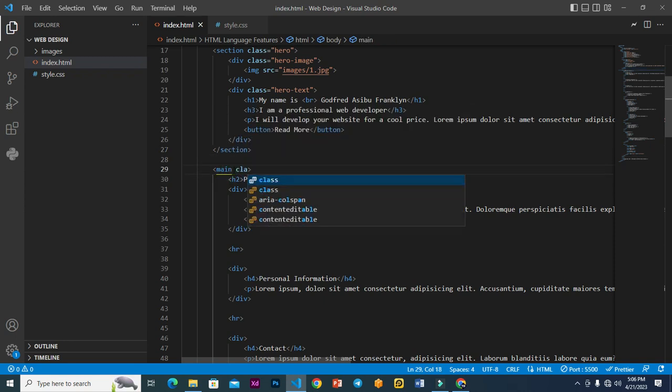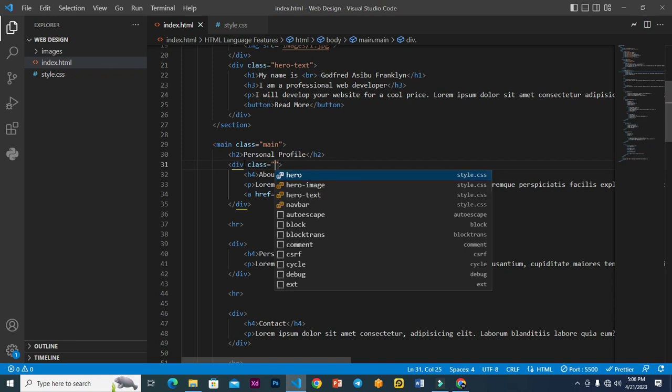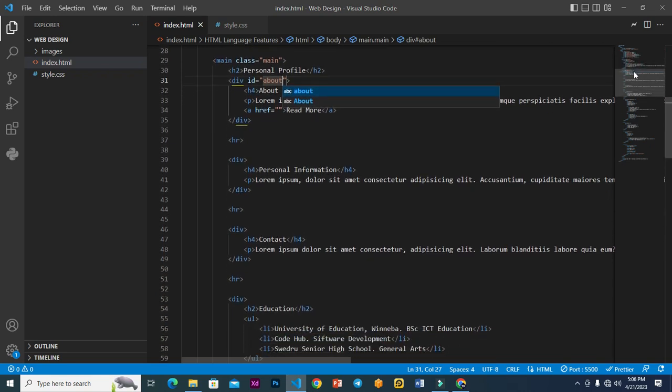You can say class of main, you can call it that name, class of main. And then in this div we can call it class about, but here I want us to make it an ID, so I'll change it to ID about, ID about. Okay, so